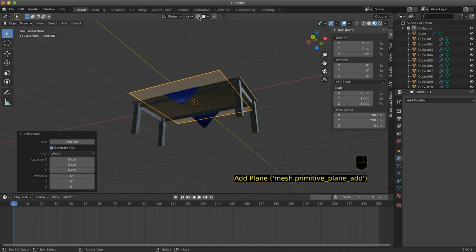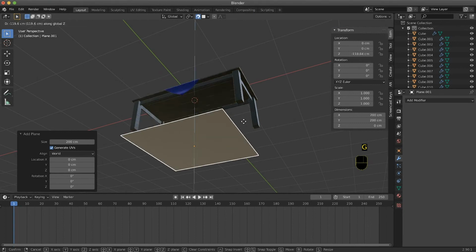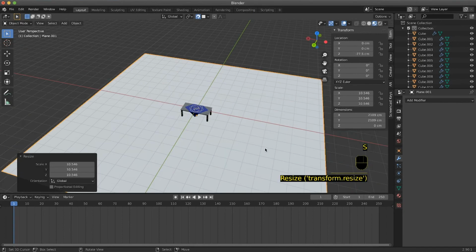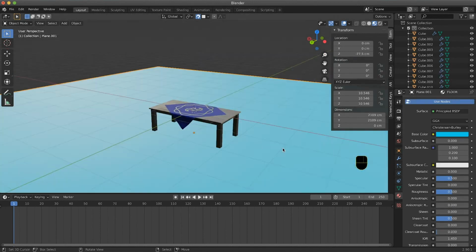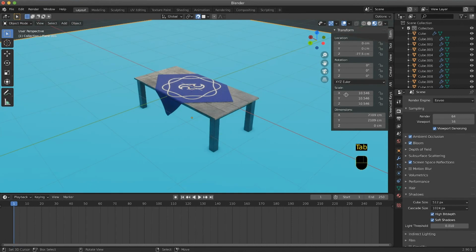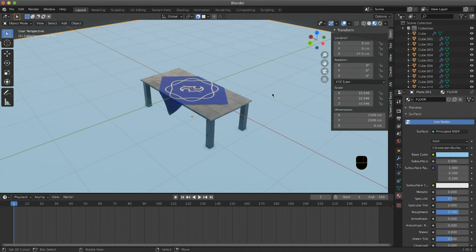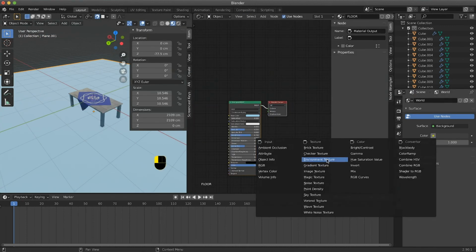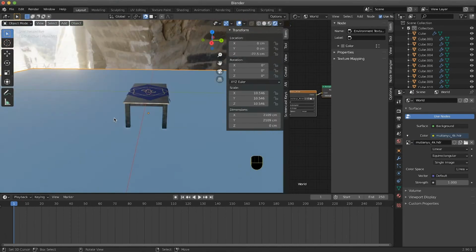We add a plane and using the snapping we snap the plane to the bottom of the leg. After that, and here we move fast forward, I apply a material to the plane and I scale the plane up so I can create a floor for my table. The second passage is lighting my scene with an HDR image.